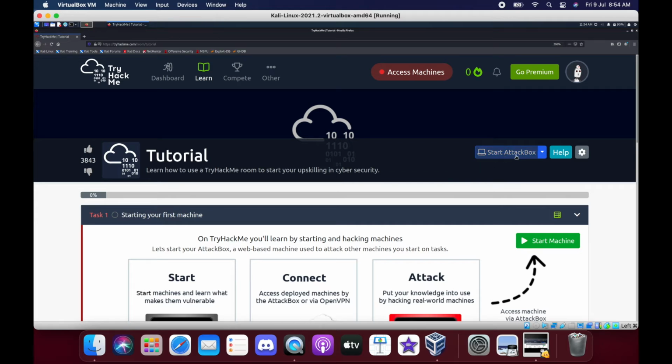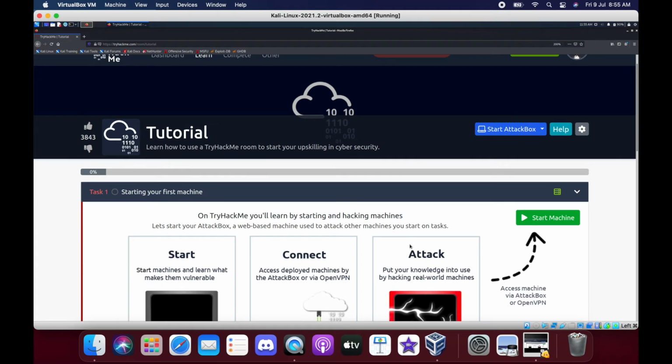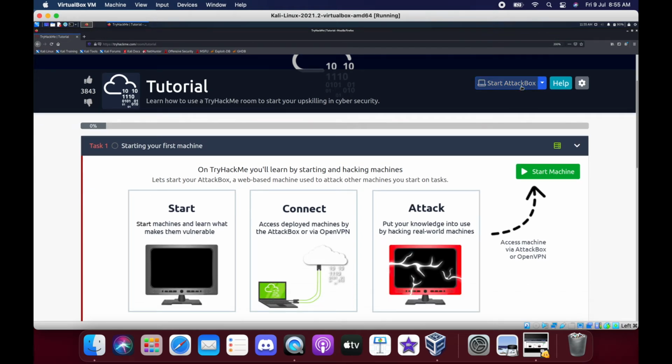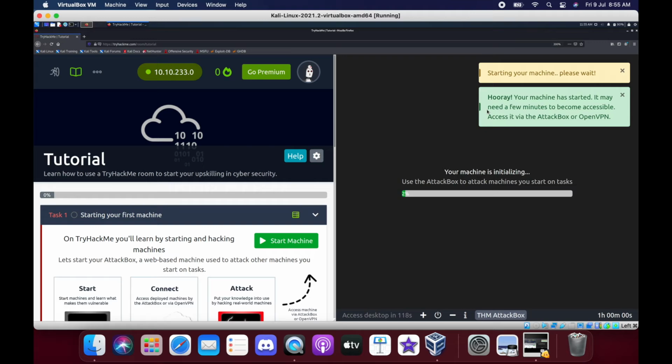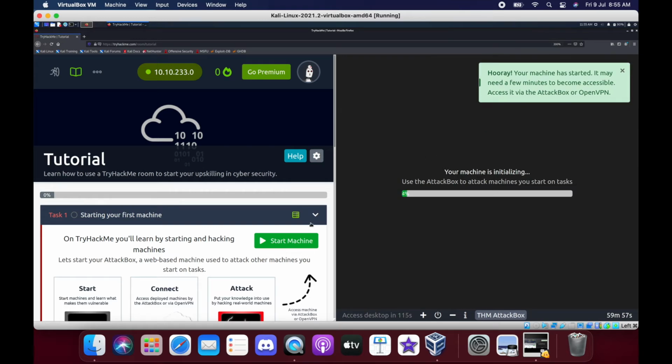If you select the start attack box, you'll see a web page coming up on the side, so that we don't need to have our own Linux or Windows machine with pre-installed tools. They will have their own set of tools required to finish the tasks. Currently, I'm going to click start attack box, so I'll be using their own browser machine. It will split the screen,